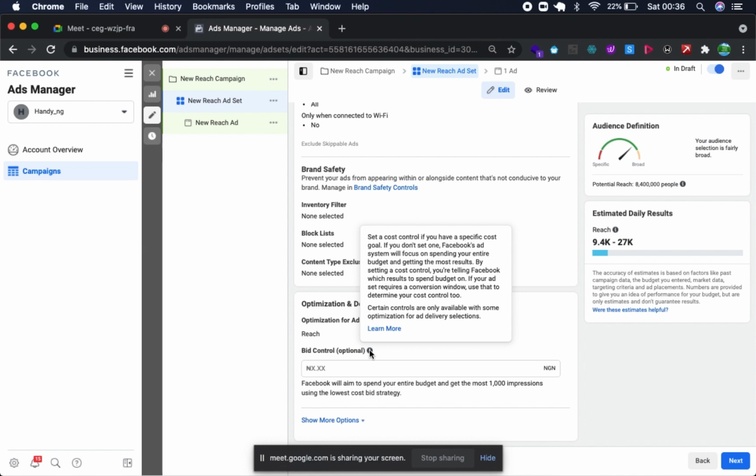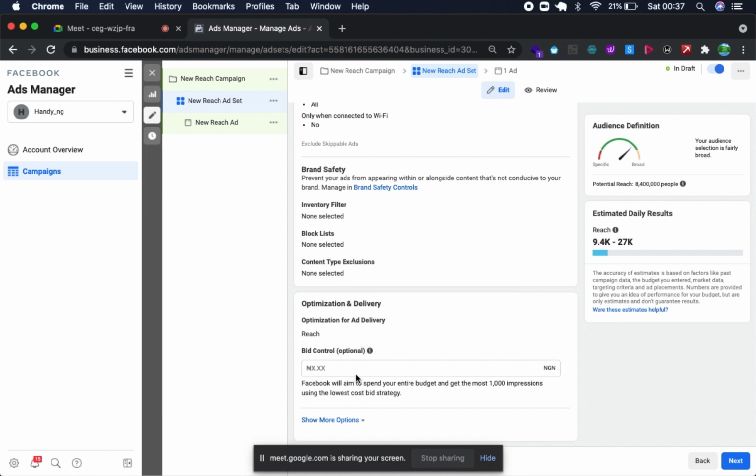But we're not going to set bids. Where do you usually check the state of the market? You run ads for a day or two without putting a bid control. So you see how much it costs per impression, that is, cost per 1,000 impressions. So it is that cost that you now use to set your bid. The bid you are setting here is your cost per impression, cost per reach, cost per result basically. That's what you are trying to set here.